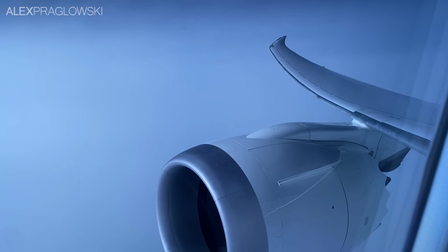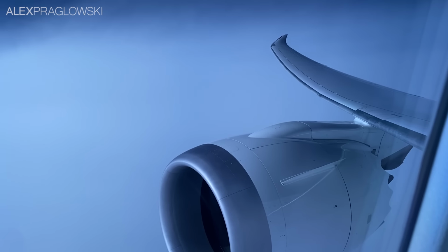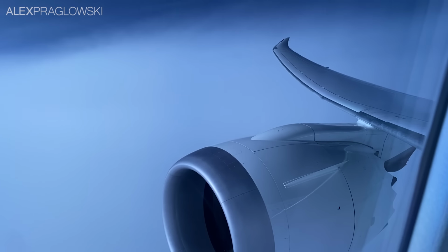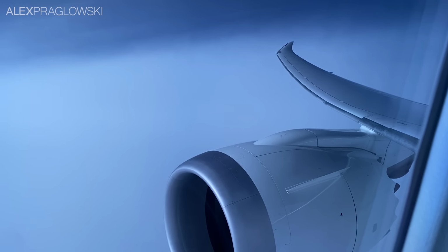We'll be commencing our descent into Narita, Tokyo in about 8 minutes' time. We are still presently about 200 miles back from the airport. We're estimating touching down there. Looks like it's going to be about